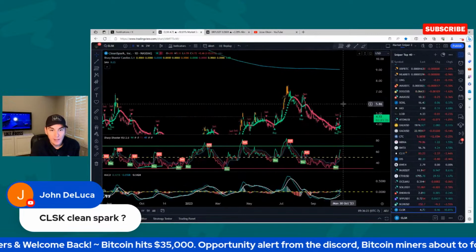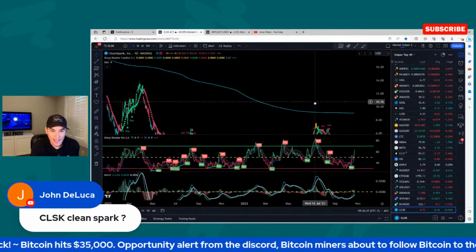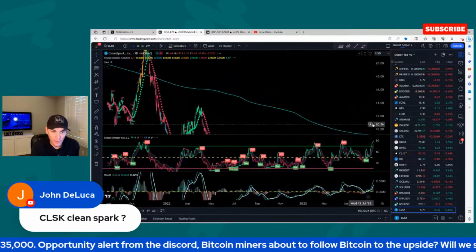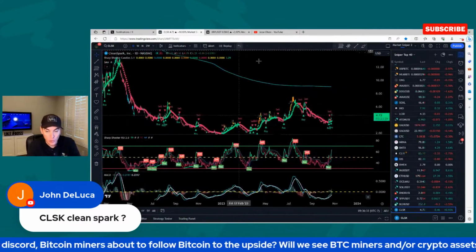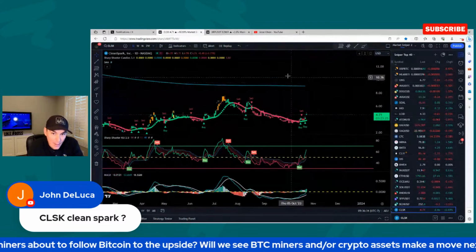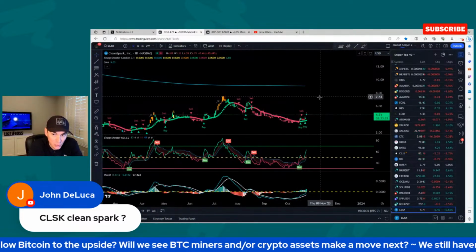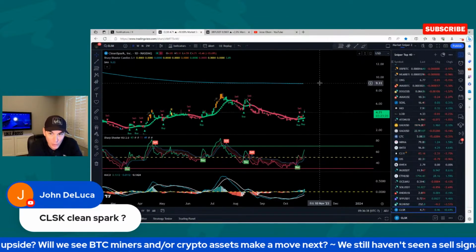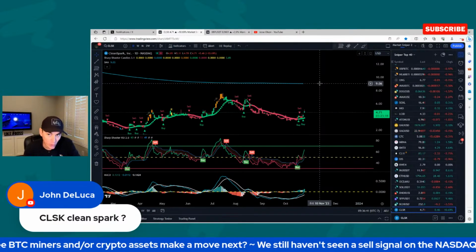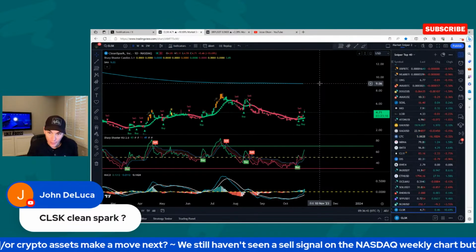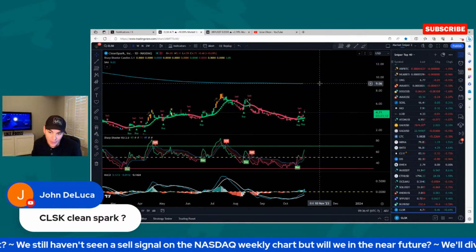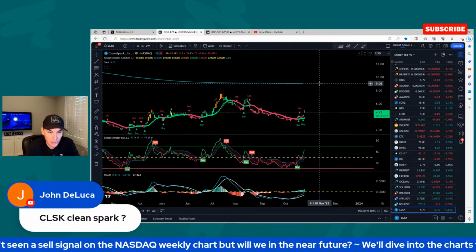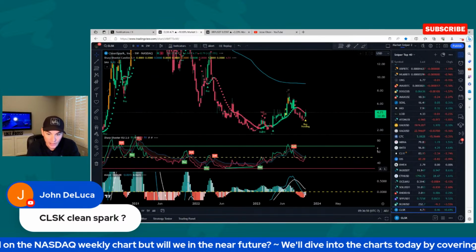Again, this is one of the ones that has not retested the 200-week moving average in a very, very long time. December 2021. Could we see price finally retest the 200-week moving average? If so, you can eyeball it from 4.71. It's almost 100% return. It's probably around that 80 to 90% return, very similar to Bitfarms that we just talked about. Let's take a look at the weekly chart.